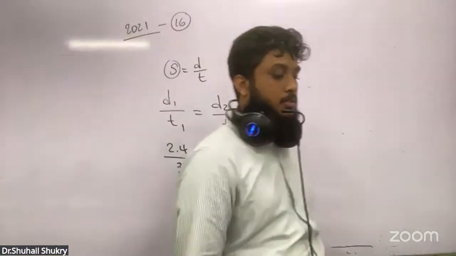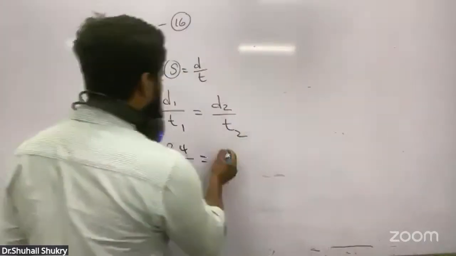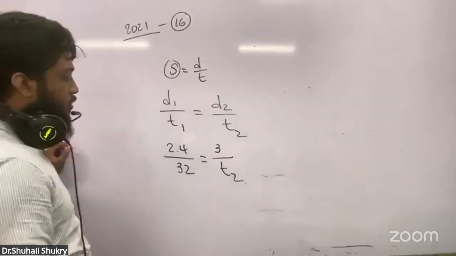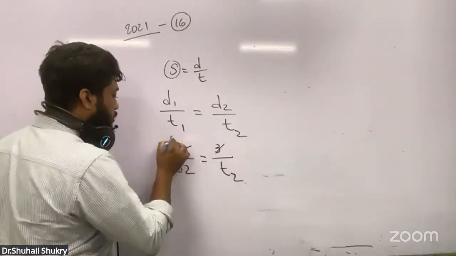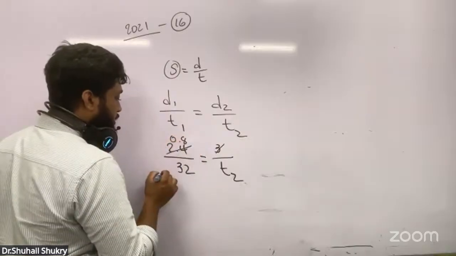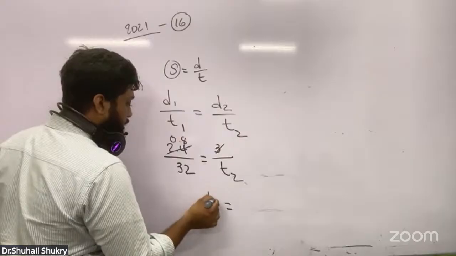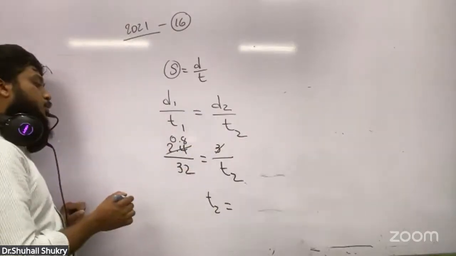You write D2. How much is D2? Distance 3 kilometers. Then write 3 here. T2 you can write as T2, which I want to find now. So you want to find only T2, so you just simplify this. 3 and 2.4, 0.8. 0.8 and 32 I can divide. Send the T2 to this side. T2 is equal to this 0.8 and 32 I can divide by